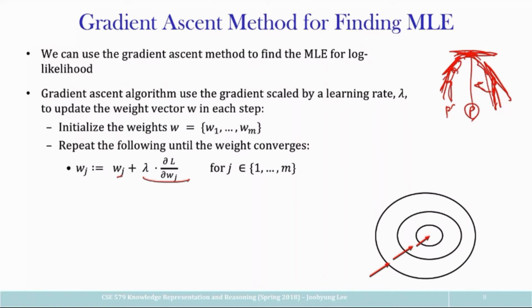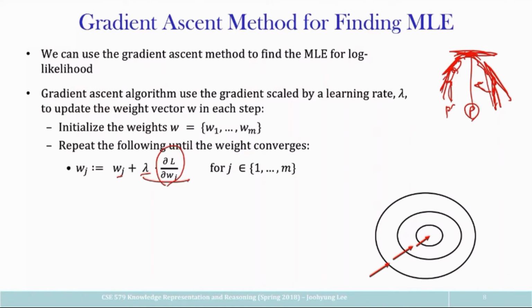So what is this thing? This lambda is called the learning rate, which you can give different values. It's like how long one step should be. If it is very big, then you jump big. If it's not, then you go slowly. And this is the partial derivative of the log likelihood with respect to the current weight